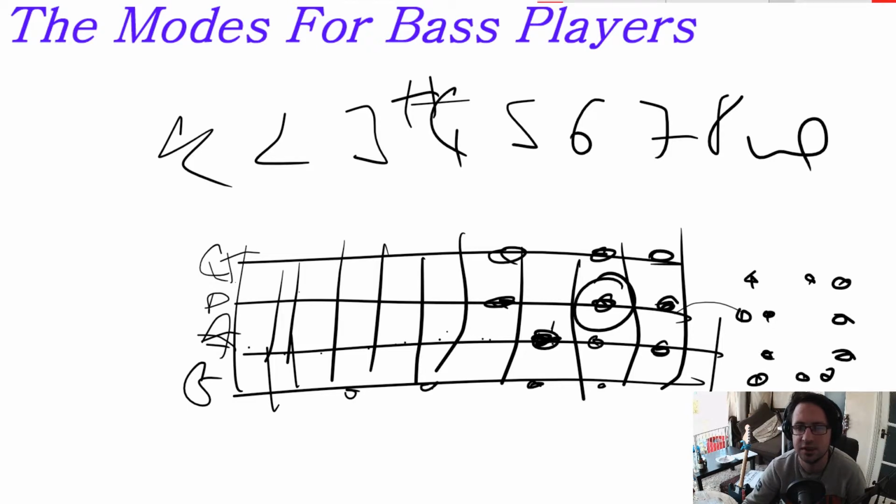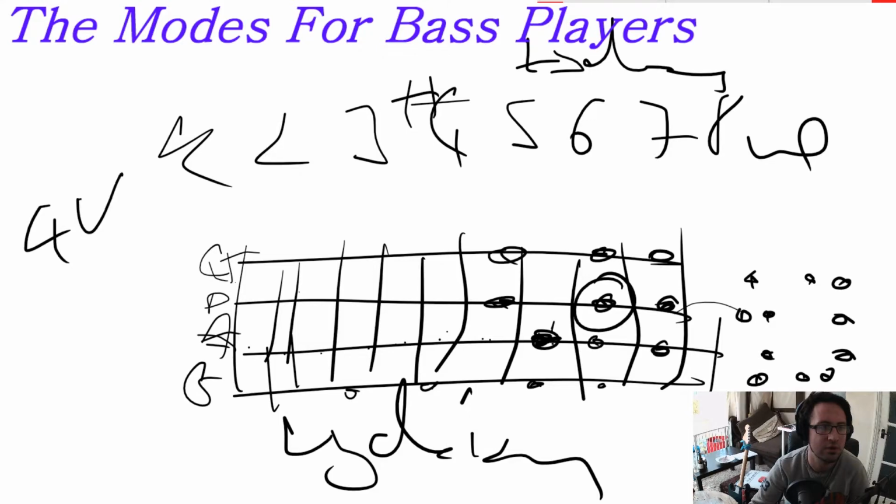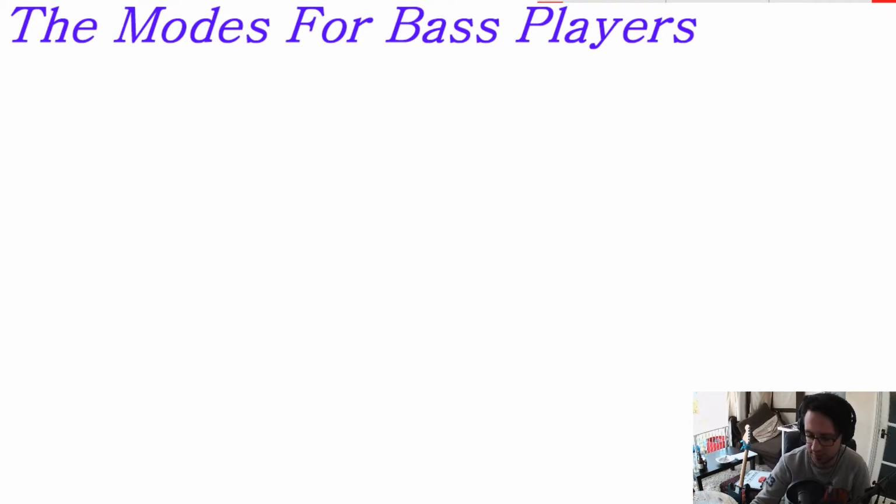So you're just changing that note up there, and that is Lydian, which is the 4th mode of the major scale, and in this case it starts on F, so that's F Lydian, which sounds like this. There's your sharp 4. Okay, next scale,